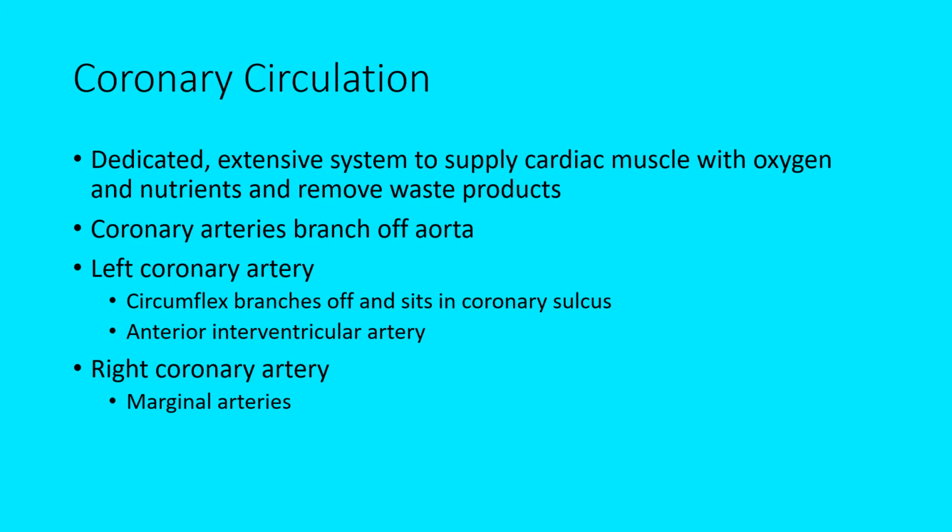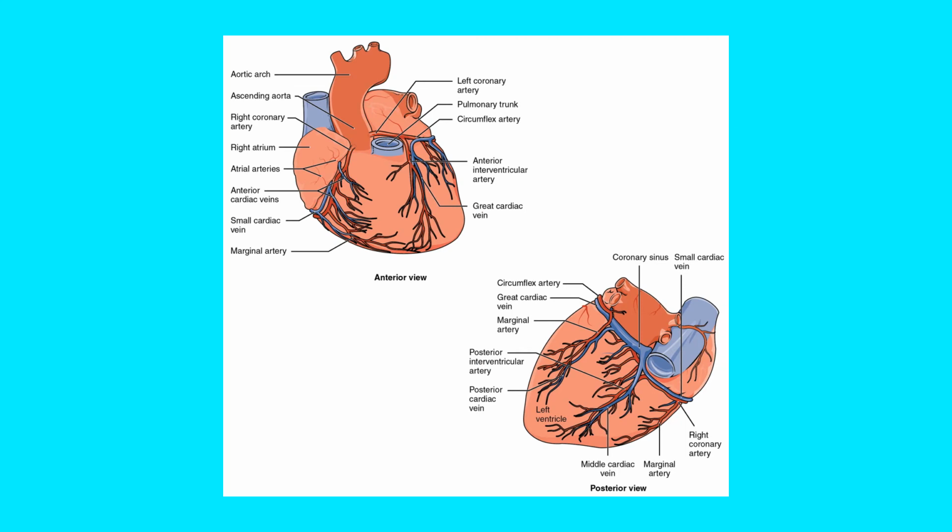The left coronary artery, the circumflex, branches off and sits in that coronary sulcus. Remember, the sulcus is the groove, and the coronary one is the one that separates the atrium and the ventricle. So the circumflex branches off from the left coronary artery, and then also you have the anterior interventricular artery. And then the right coronary artery will branch into the marginal arteries. So you'll see here,